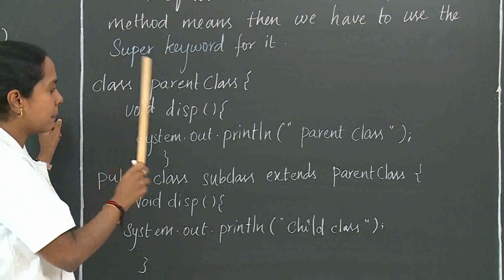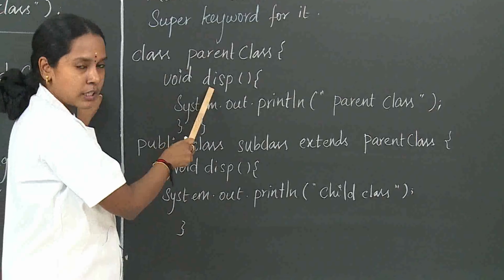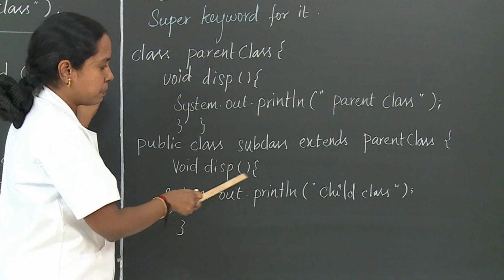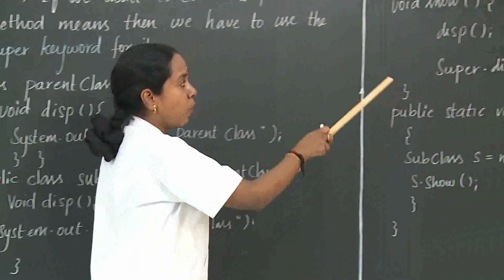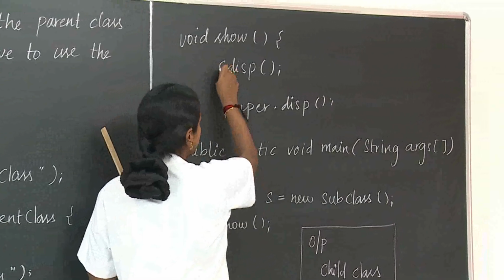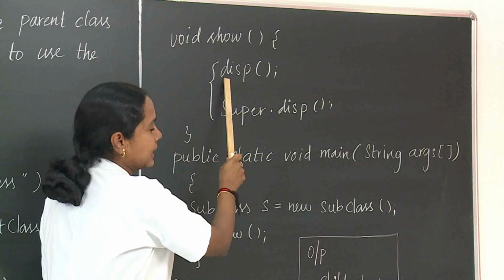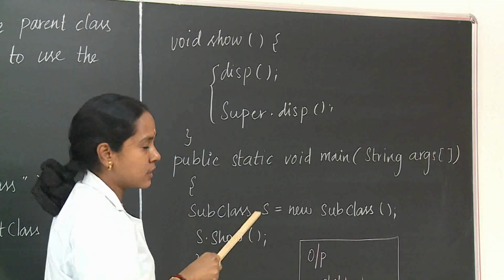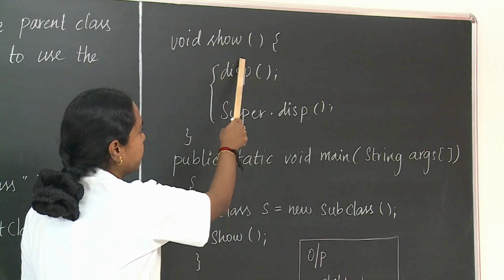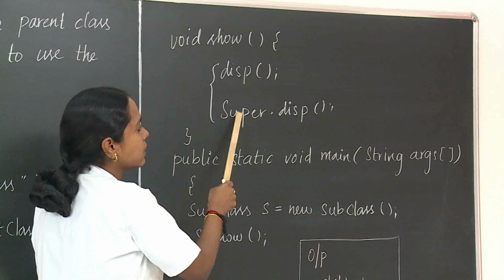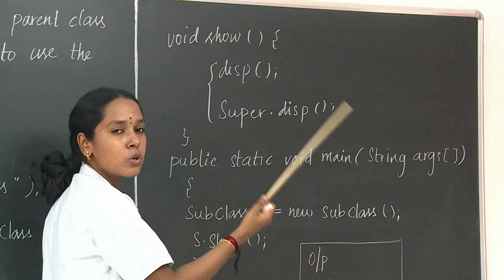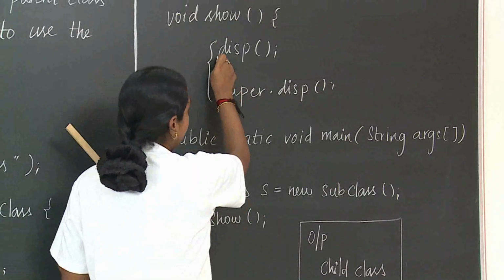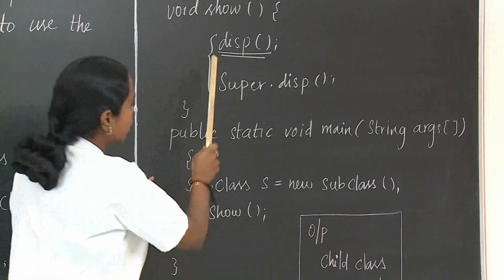Here is the same example. In the parent class I am using a display method and it prints parent class. In the child class using a display method it prints child class. In void show, here is the difference. If I use display directly, the control goes to the current subclass. If I use super.display, it will go to the parent class. So here the output is, while reading this line display, the control goes